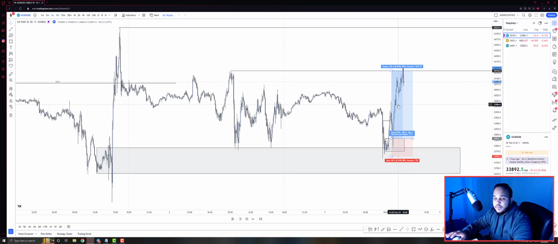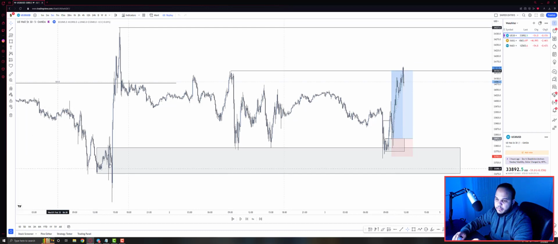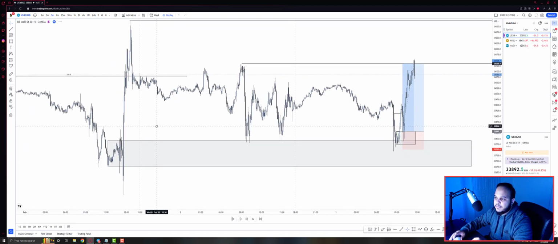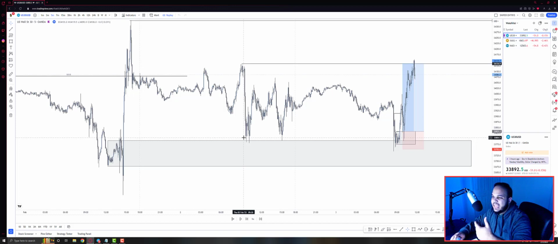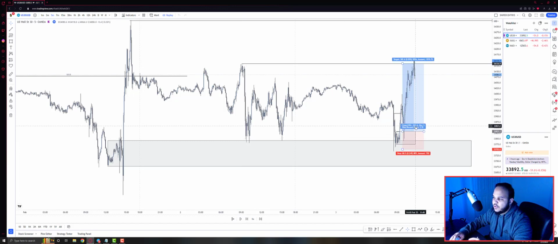Everything makes sense for me to look for the buy because of the daily and the 4 hour, and then we have the 1 hour retesting this order block that literally has been tested before, and we've seen that every time the market touches it, we have an aggressive reaction to the upside, giving us a possible trade. So what I did was the same thing. I wait for the market to come back to that level, and wait for price action, because that's the important thing